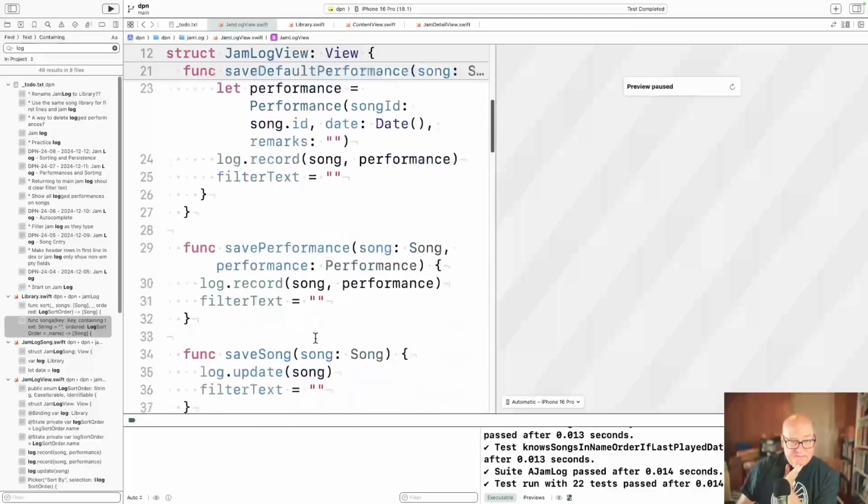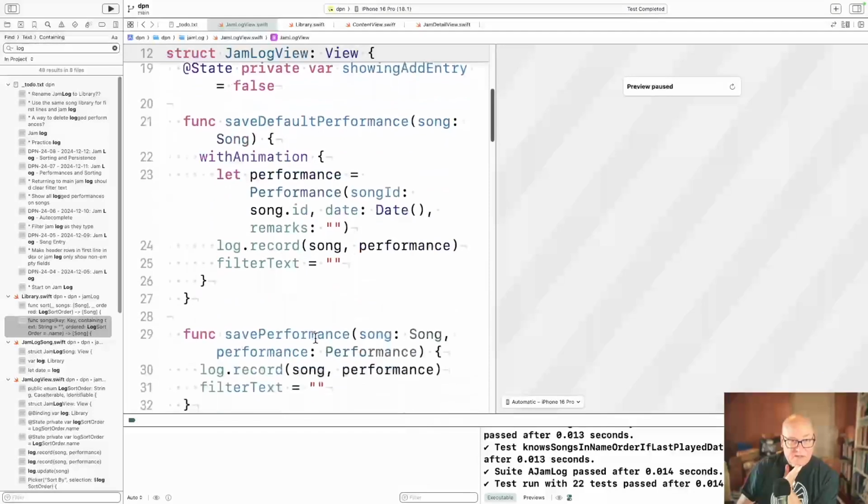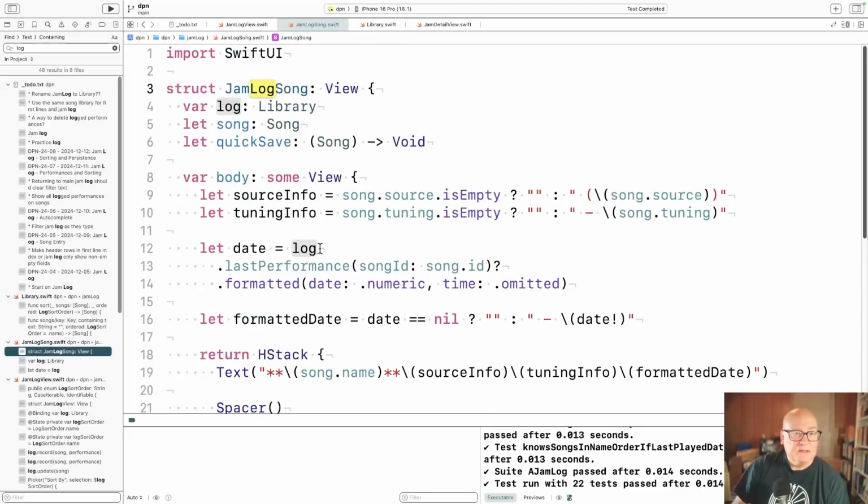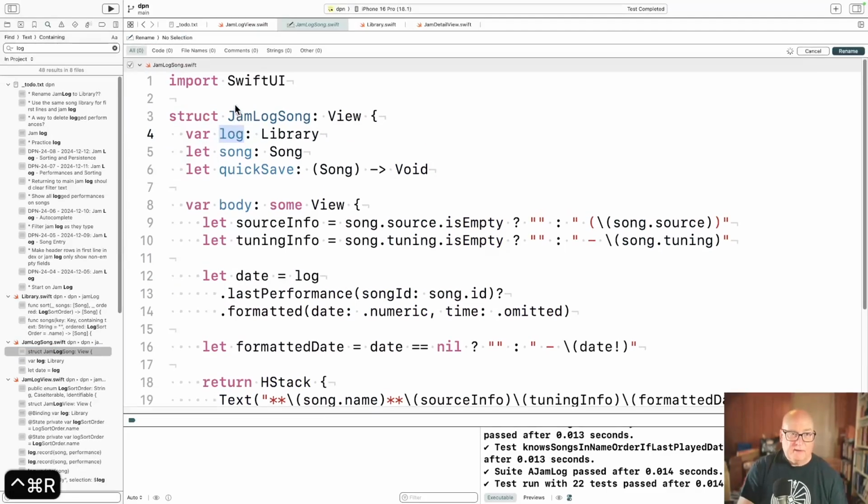Because that's the tool, but the underlying thing is going to be the library. So this is log. Okay, let's rename this one to library.